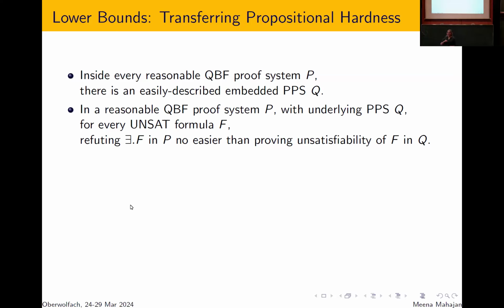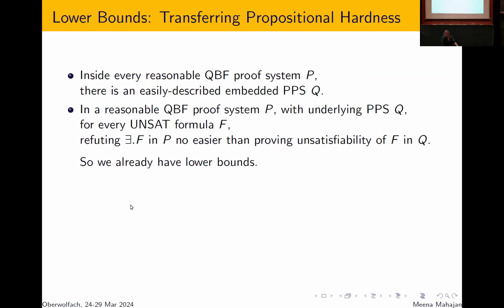Oh, excellent. So Jakob asked me this question. Last year, I didn't know the answer. I still didn't know it until now, but now I know. So then I should really go and read the quantified G papers more carefully. I see. Thanks. Yeah. So for G, anyway, we don't have lower bounds in the propositional case. So there's no question of transferring a propositional lower bound. That part, at least, I think, is still fine. Okay.